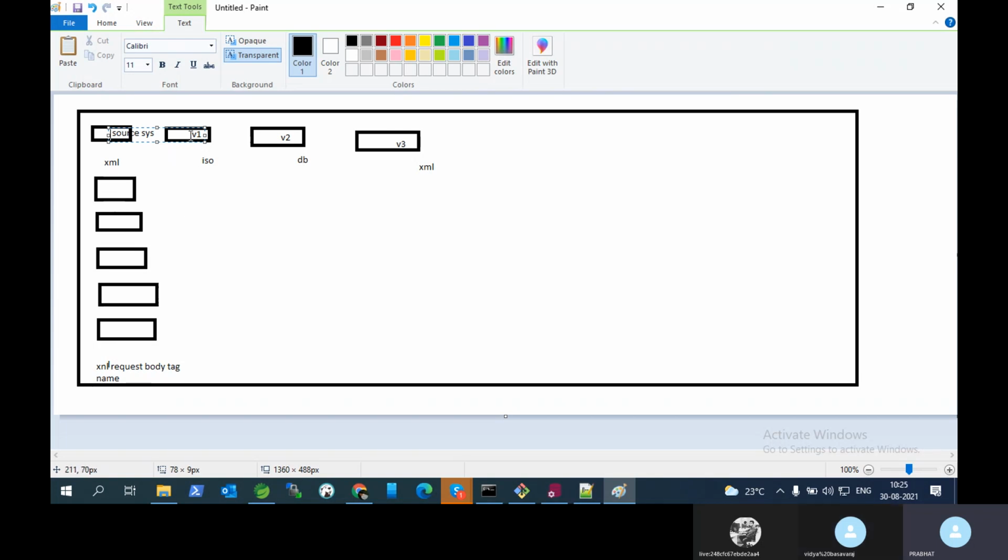Coming to validation system V1, it also maintains an ISO message. Their message type is ISO, right? Prabhat sir, here we did not create the validation system. While creating the rule, we are creating the validation system, meaning we are saving it. How do we know this? I am telling that. One second.